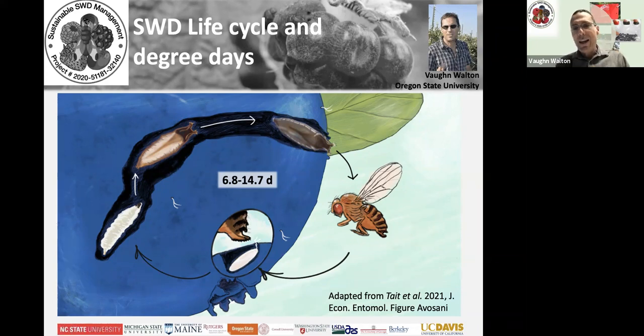Now, as Rufus very clearly stated earlier on, it's really difficult to see eggs. However, eggs are laid a while before we can start seeing those larvae. And in many of the regions here, if we have that little bit of extra time, that can help us decide when we put some management strategies out there. So if we look at the program that we used over the past 2 years in the next slide,